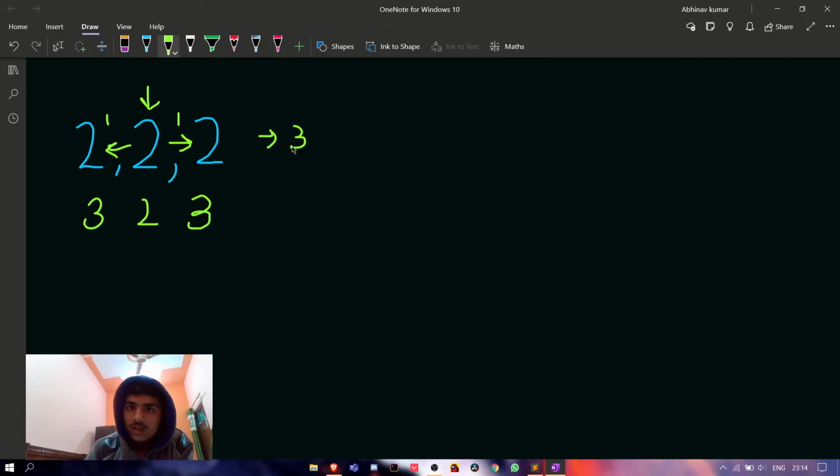Suppose you take 3. You cannot take the first 3, then the second 4, like this. No, you can take 3 as the whole array. After that, you can choose one panel and stop it at that point, and all the adjacent panels will go after 1 second, so they will increase by 1, and the next adjacent will increase by 2, and the next by 3, like this. So this much is the problem statement.